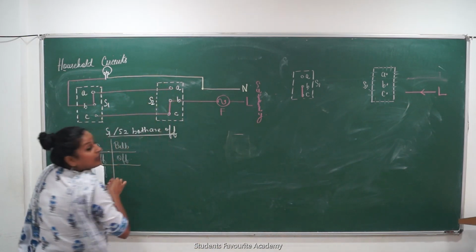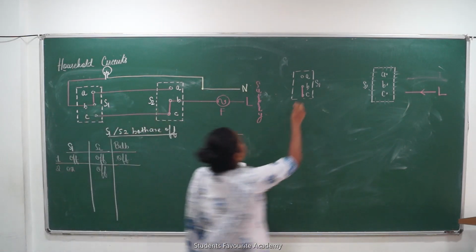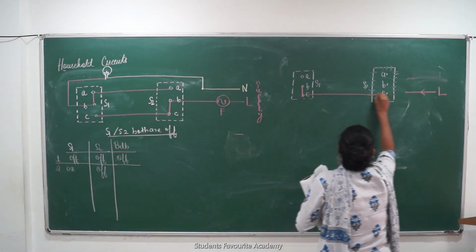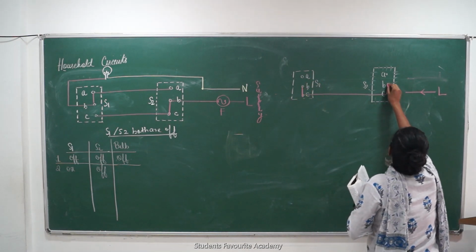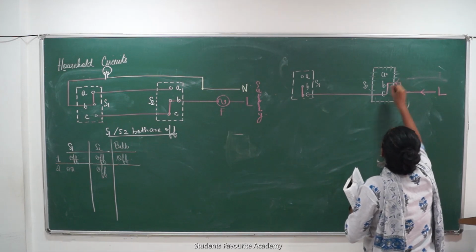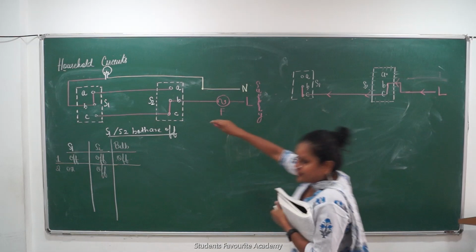Okay? So what will happen now? If you turn this on, this connection will be made. This is off only. So what kind of connection is made? Same connection will remain. Only this has switched from this to this, right? So this is going to be somewhat the connection that I get here or not? BC is still off.